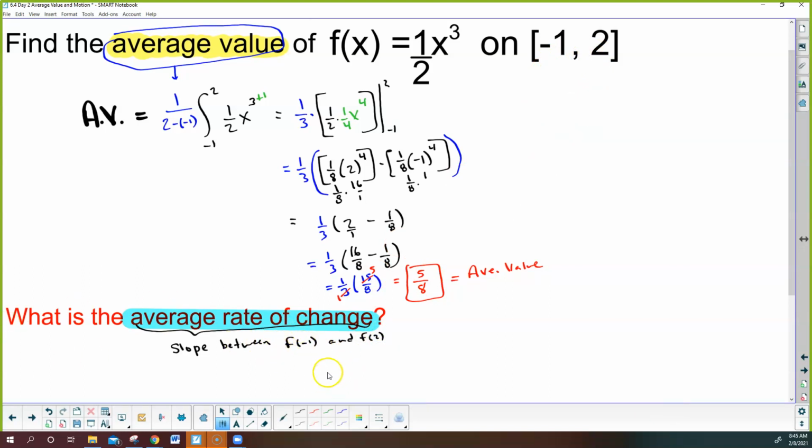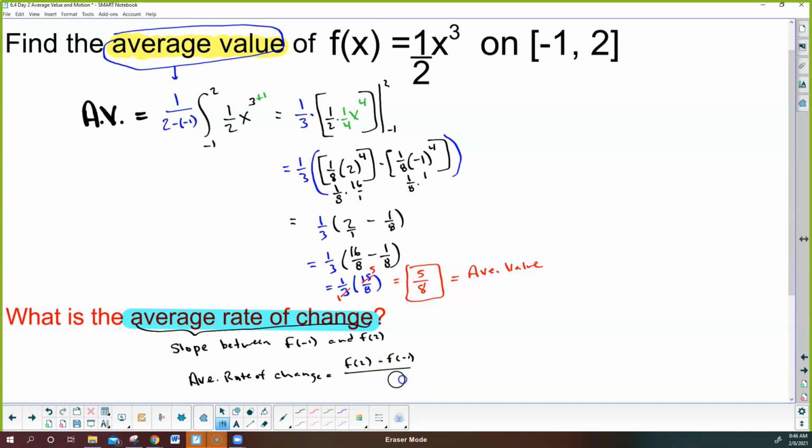I'm going to show you a graph here in a second once we get done with this, but what do I need to find slope? Well, slope, or average rate of change, is your outputs, f of 2 minus f of -1,